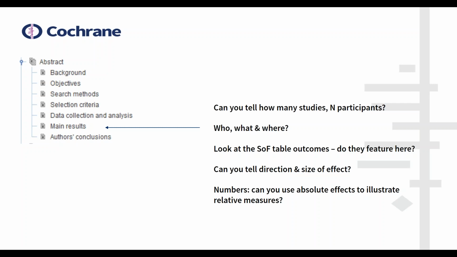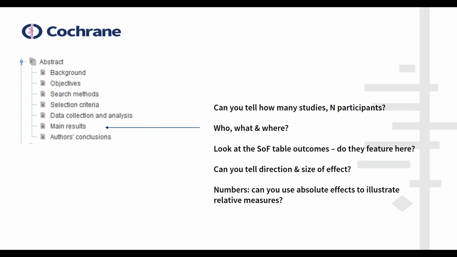And the main feeder into the abstract is your summary of findings tables. So the outcomes that you've prioritized and put into the summary of findings tables are the ones that should feature in the abstract. And rather than emphasize whether the result was significant or not significant, can you just talk about the direction and size of the effect? And maybe the confidence intervals are an important part of drawing on some of the uncertainty,